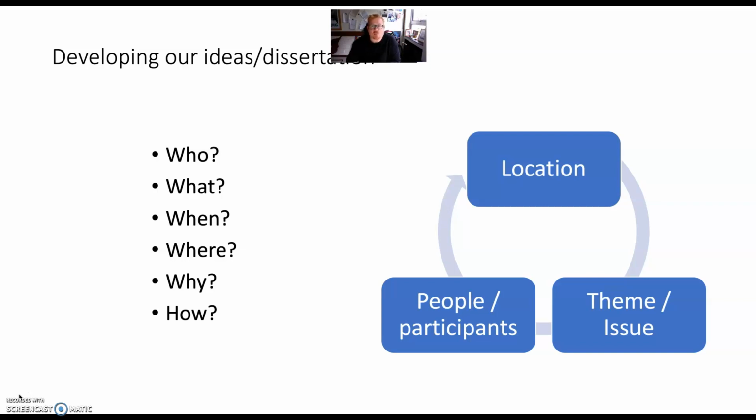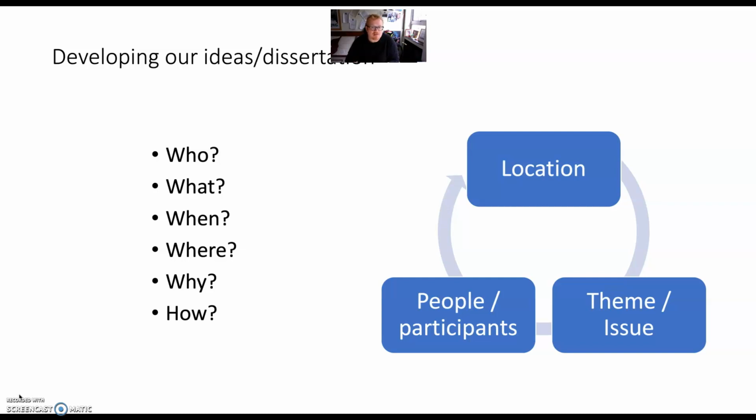The why question, so why is your research important? What sort of ideas are you going to be testing? Are you doing something that's a bit more empirically based or something a bit more conceptual? And finally, how are you going to go about doing this? This is something that I think a lot of people worry about because they haven't done something of this magnitude before. And what we'll do in the session on Monday is to go through and hopefully start to explain some of these ideas so that you don't have as many fears about them.